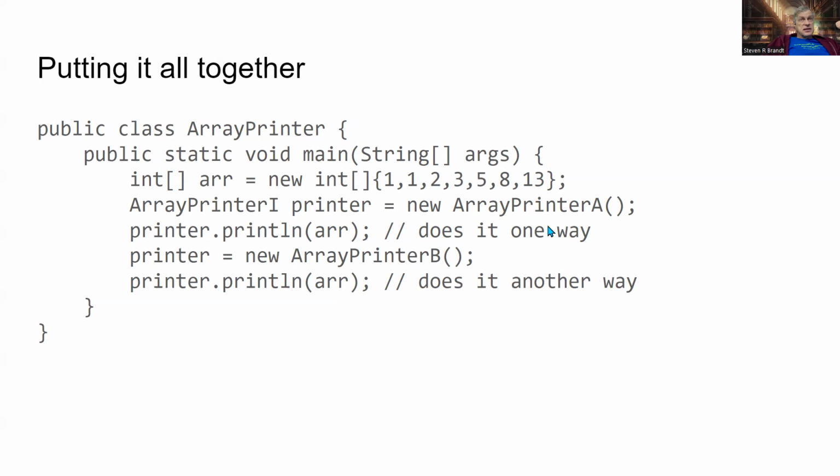Now, I cannot instantiate an ArrayPrinterI because you cannot instantiate interfaces. Interfaces are impossible to instantiate because their method bodies are empty. The compiler and the runtime don't know what to do with that. So you're just not allowed to create one. You are, however, allowed to make a variable of type ArrayPrinterI and assign something to it that has those implementations. Okay, so I instantiate ArrayPrinterA, assign it to printer, and then I call printer.println with ARR,